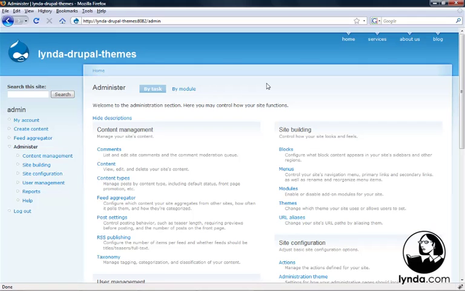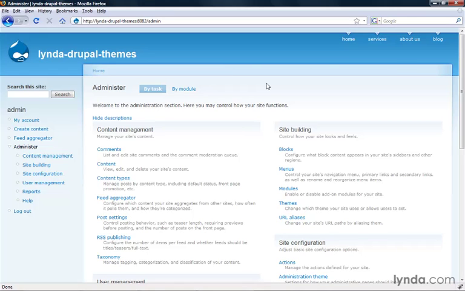One of the simplest ways to customize a Drupal site through its theme layer is to change the logos. In this video, I'll be showing how to change both the logo and favicon that usually appears at the top of a web browser. So to change the logo and favicon in Drupal, we need to visit the global settings